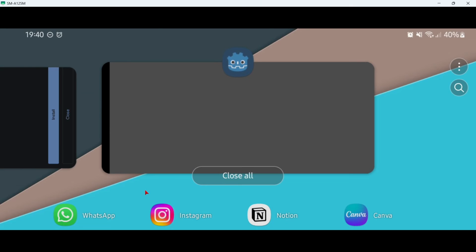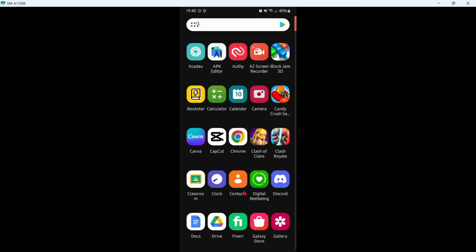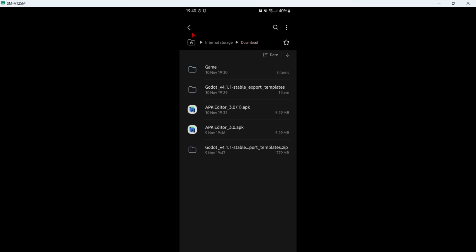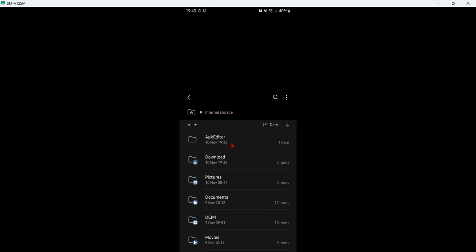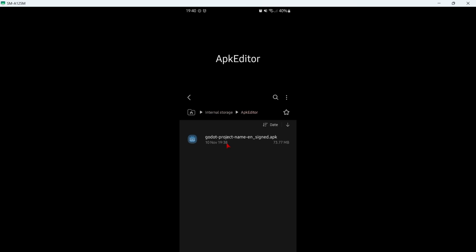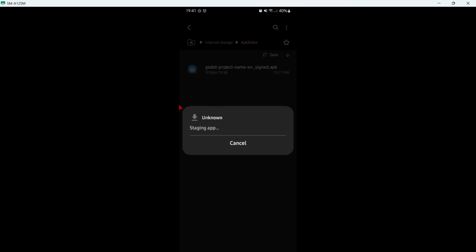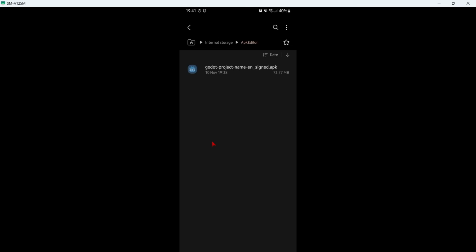And also I'm going to be showing you the files. Okay, so let me go right here to the files again, and I'm going to show you firstly that here in my internal storage, I will have a folder APK editor, and as you can see, this is the APK that I have just created. And as you can see, if I wanted to install it again, it tells me if I want to update my app, which means that the app is currently installed. So I could just update it, but of course there is no actual update, and everything would be just fine. As you can see, app installed and everything is done.